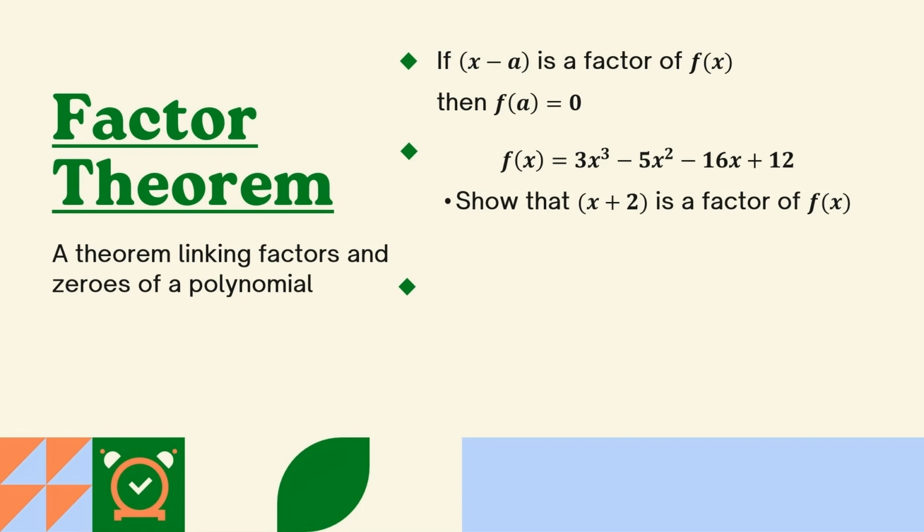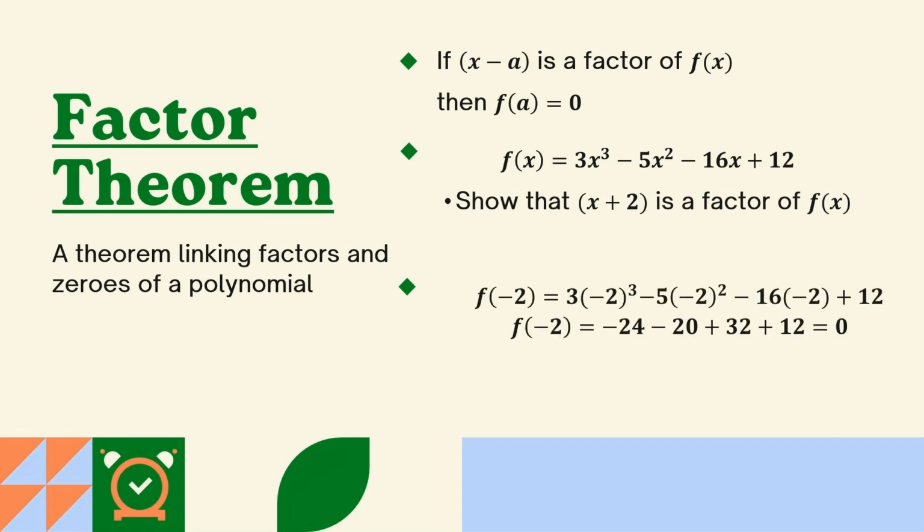That means you have to substitute the x by minus 2 in f of x to find the factor. You'll get minus 24 minus 20 plus 32 plus 12, which is basically 0. So we know that the whole function divided by x plus 2 will be 0. That means that x plus 2 is a factor,